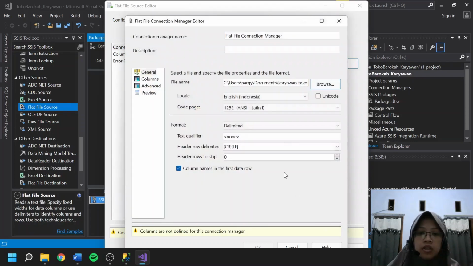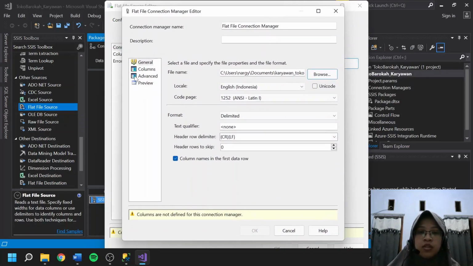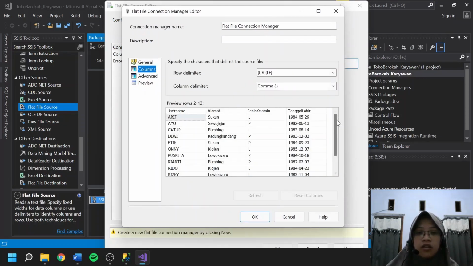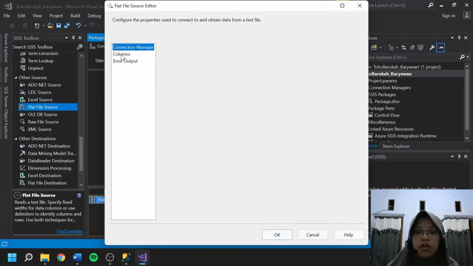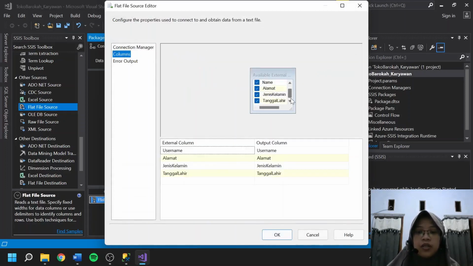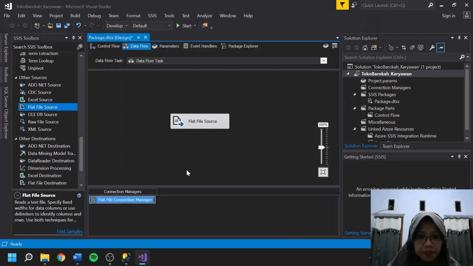Click open, and then we have to see the columns. Check if the data is the same as the source from SSMS before. Click OK, and then click the columns to make sure that they are correct: username, alamat, jenis kelamin, and tanggal lahir. And then click OK.